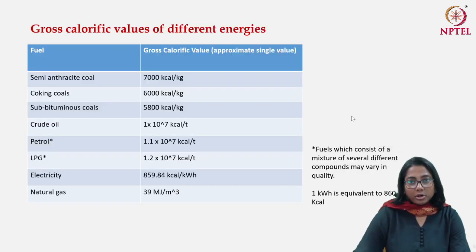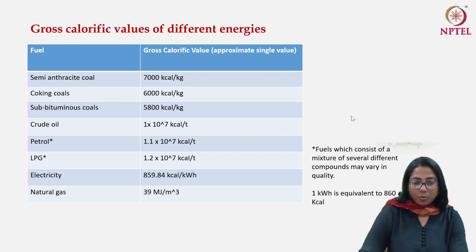This is the table that all of you are familiar with. This is how we converted each fuel into a similar kind of unit. For each of the fuels, we calculated the gross calorific value. Again, to mention, this is not the exact calorific value, but an approximate or average calorific value. For example, if you take anthracite coal, it usually has a range, but you can take this figure of approximately 7,000 kilocalorie per kg. So if you burn 1 kg of anthracite coal, you are going to get 7,000 kilocalorie of heat.